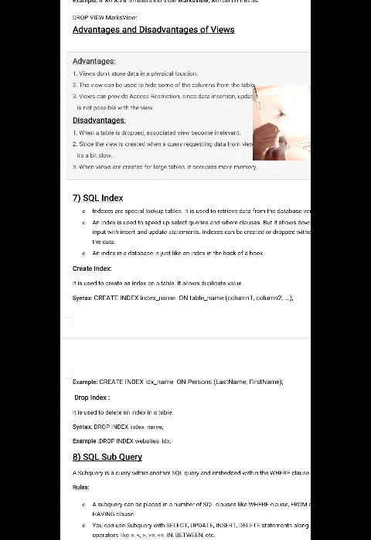Write down the time on a paper. After that, create the index and execute the same query, then see the time. Definitely it takes less time after creating the index. You can compare it.